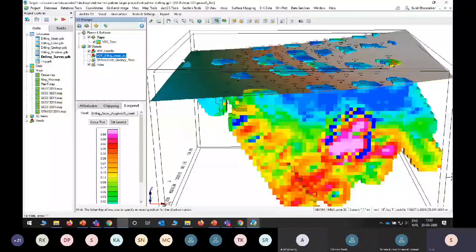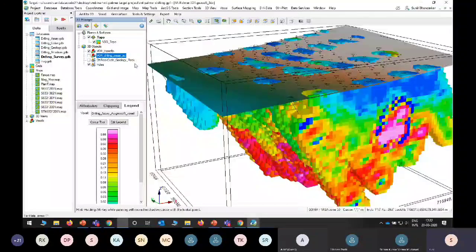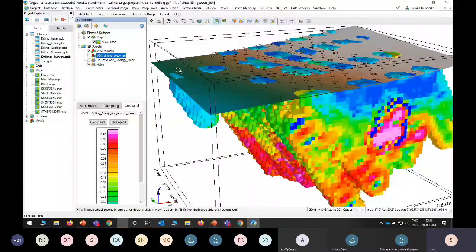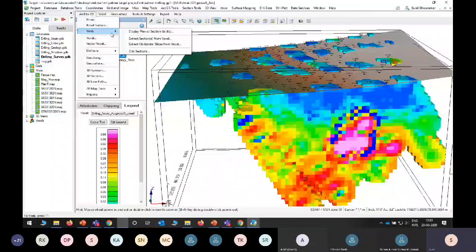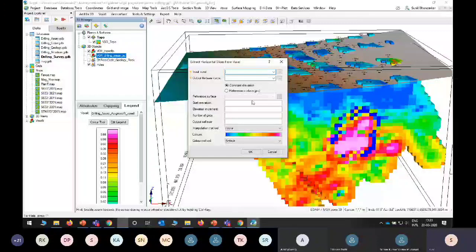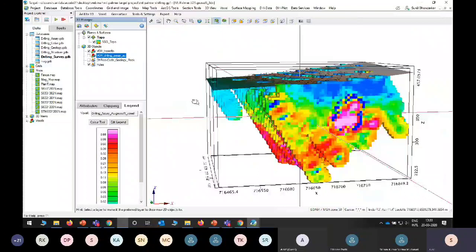Now in tools and settings, we can export that into 3D PDF, so you can easily visualize things. If you extract horizontal slices, that is also useful for level plans. We need to select only the voxel and output name, and just give an elevation increment, say 10 meters. After each 10-meter increment, it will create a floor plan accordingly. So this is how we can create the 3D model of explicit modeling.